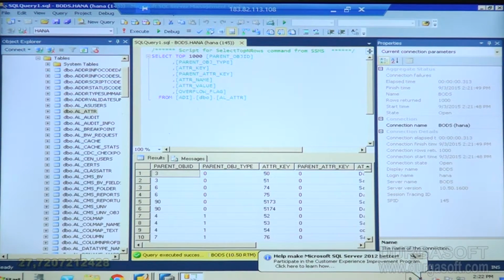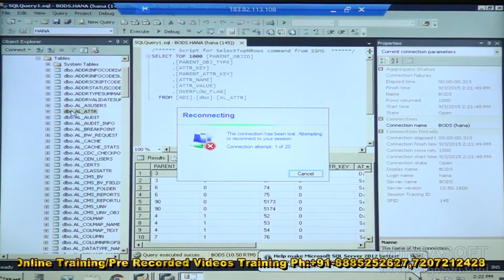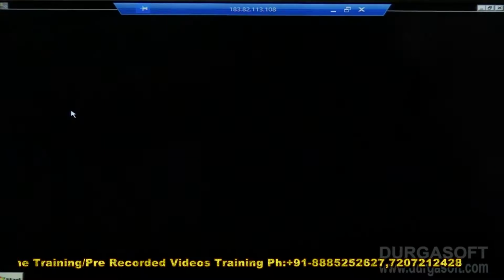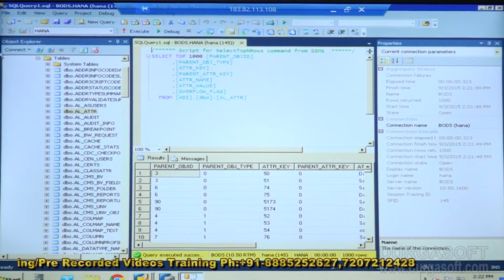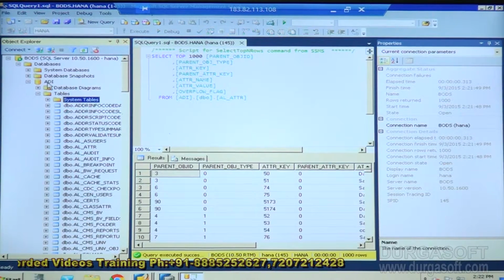Here this is my table, I got my table. It is called ATTR dbo dot al underscore ATTR. I'll choose the DB called Adi. Let's do these activities.